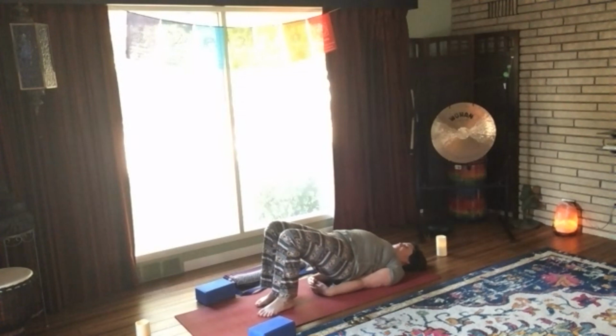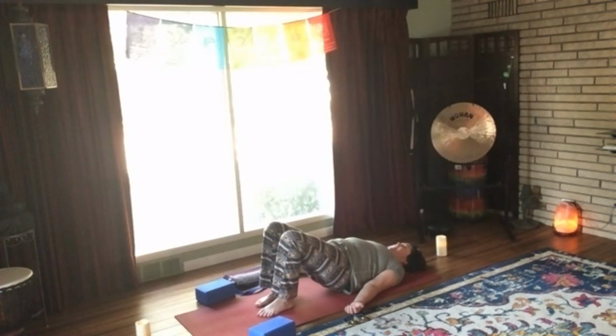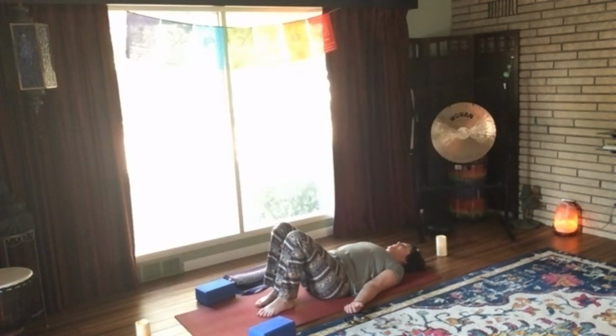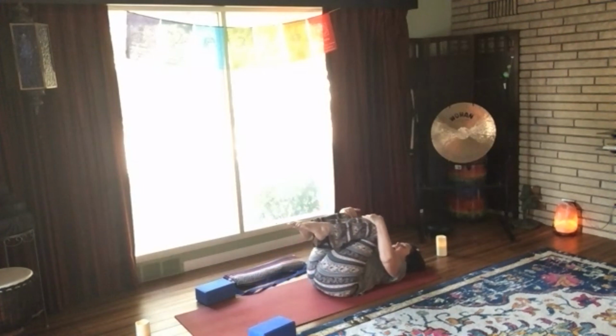Five more breaths, count them out, do it slowly, no panting. Nice long inhales, nice long exhales. Two more. Release those hands, exhale, lower down one vertebrae at a time. Release those knees to your chest. Ask yourself,